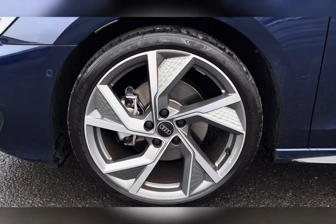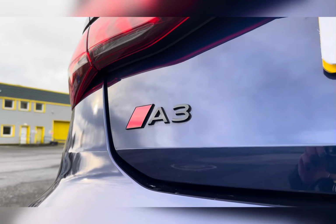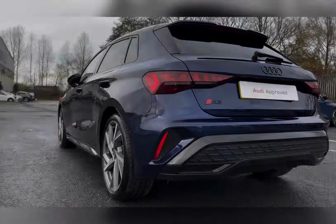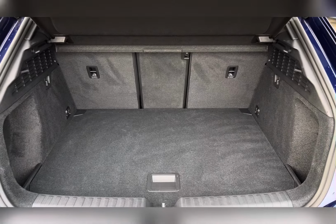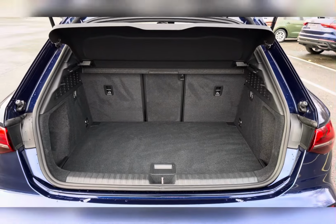alloy wheels, electric folding wing mirrors, sleek badging across the entire vehicle including Audi Sport badging on the alloy wheels, and front and rear parking sensors for awkward manoeuvres. This is alongside a spacious 380 litre boot capacity, so you can be rest assured to bring all your travel